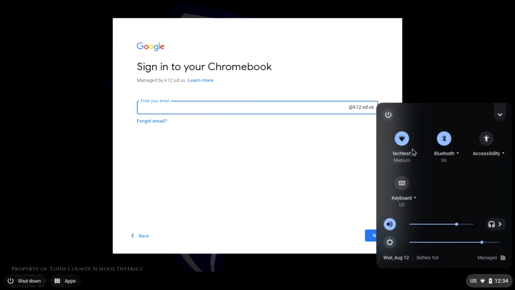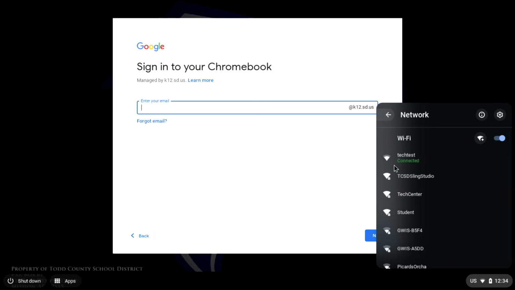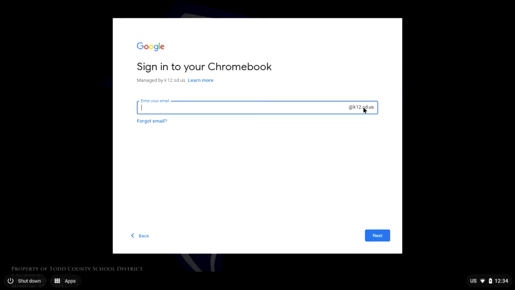The first thing we're going to do is connect to the Wi-Fi. Right now I'm connected to Todd County School District Wi-Fi. So when you get your Chromebooks, you have to make sure you connect to the Wi-Fi, because that's how Chromebooks log in. Almost all of our accounts have